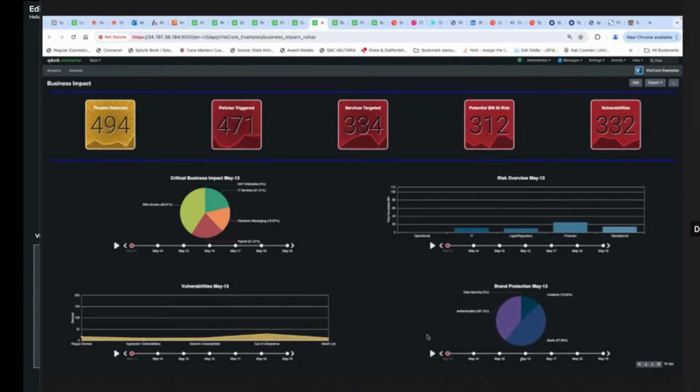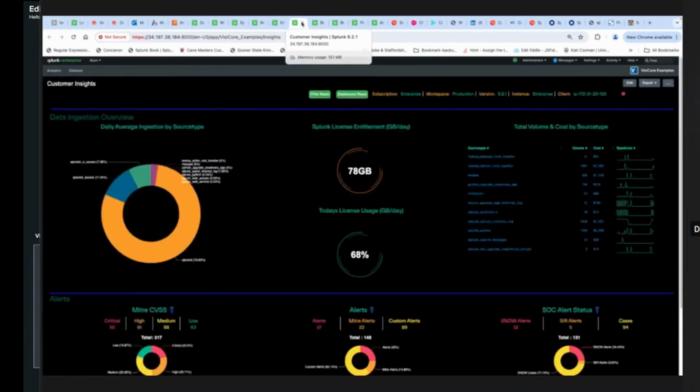So it'll show you over the time period what changed by day for this type of dashboard. And again, this is not meant for an analyst. This is meant for senior management to actually understand what is happening from, say, enterprise security or whatever security mechanism they had in place.